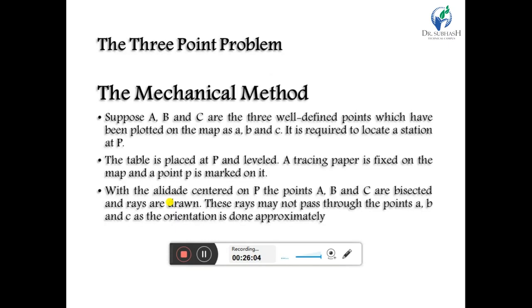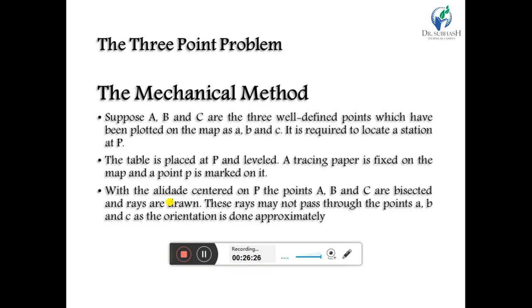Next, we move to the mechanical method. This method is also known as the tracing paper method. In this method, as we discussed previously, there are three points well established on the map.